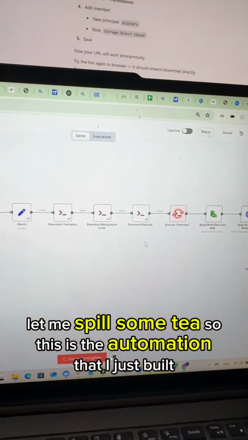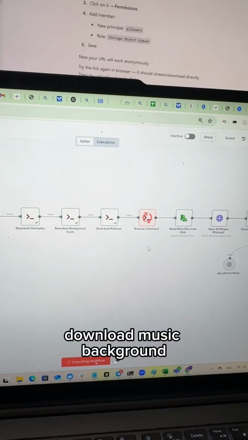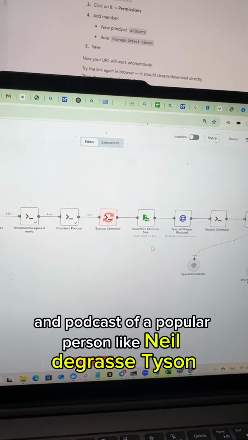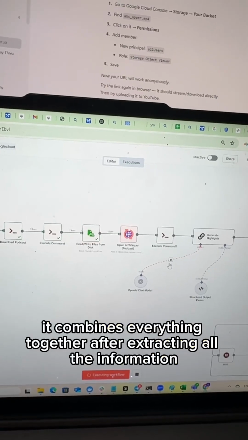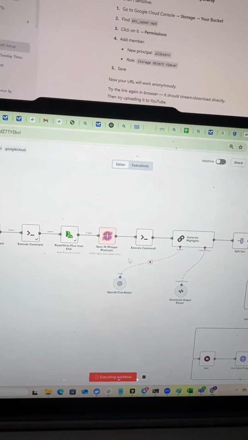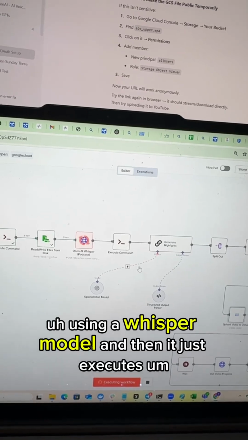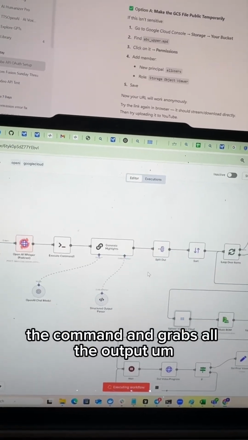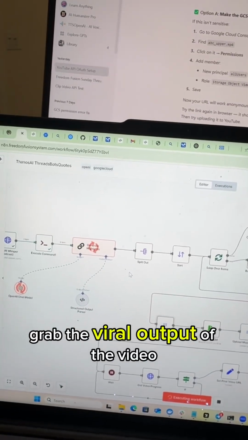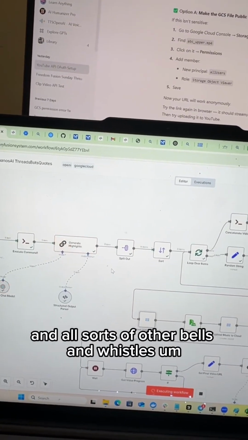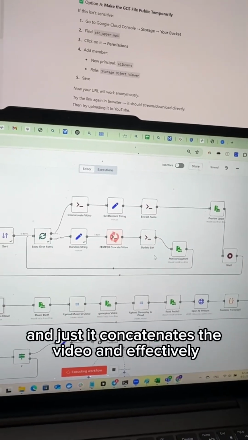So this is the automation that I just built that downloads Minecraft gameplay, music, background, and a podcast of a popular person like Neil deGrasse Tyson or Lex Fridman. It combines everything together after extracting all the information using a Whisper model, then executes a command and grabs all the output, structures it, and makes it easy to grab the viral output of the video, specifically the actual text and all sorts of other bells and whistles, and concatenates the video